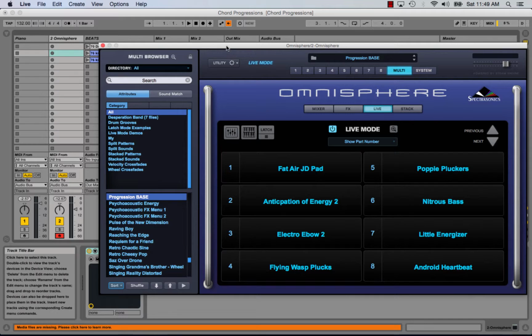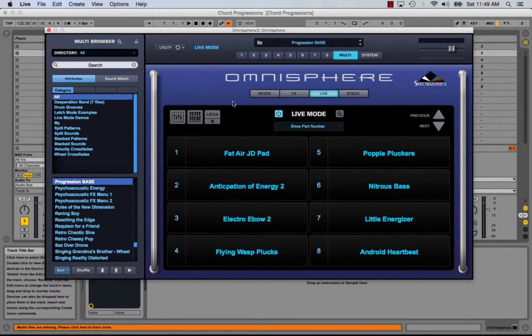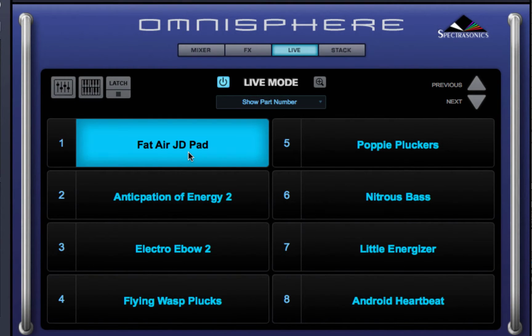Now, I wanted to create kind of a patch list here, a multi, based solely on the factory preset patches. So I did not even go through all of them. I just kept moving through them until I found one. There's so many of them. There's over 10,000. And so I just started moving through the list until I found one that I kind of liked, that felt like something I was looking for at the time. And of course that changes, so I'm going to try to stick to this list for most of the future chord progression examples. Let me just go over these patches so that you can get an idea of what they